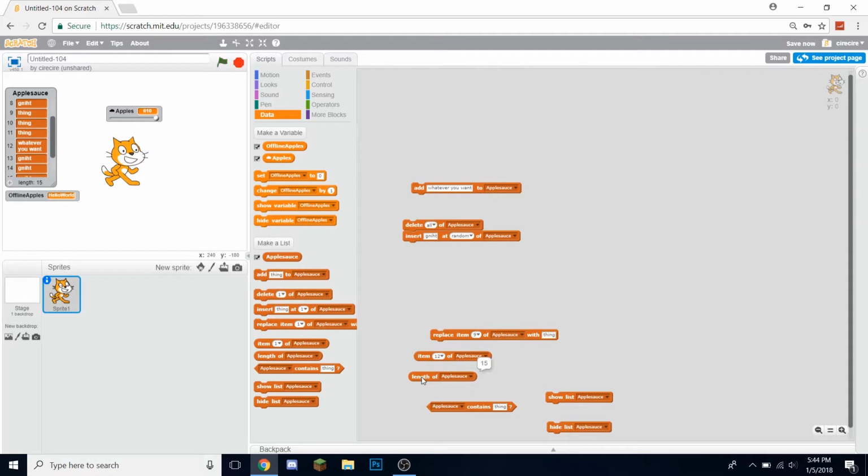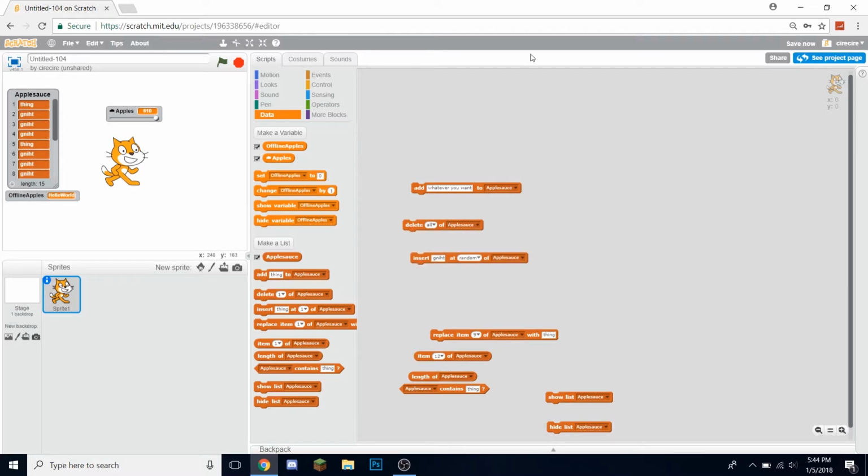The length will just give you the number of items in the list, so as you can see they're numbered 1 through 15, so this will give you the number 15. Applesauce contains thing. This will check if the list contains this item. It's pretty self-explanatory. And that's really just about it for